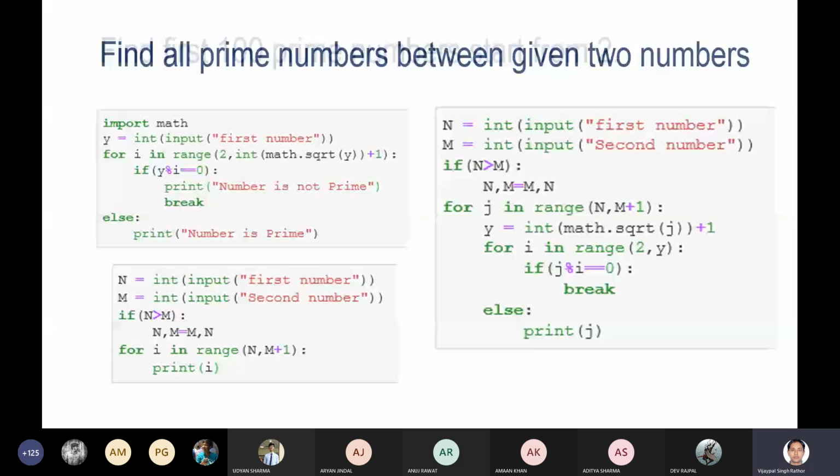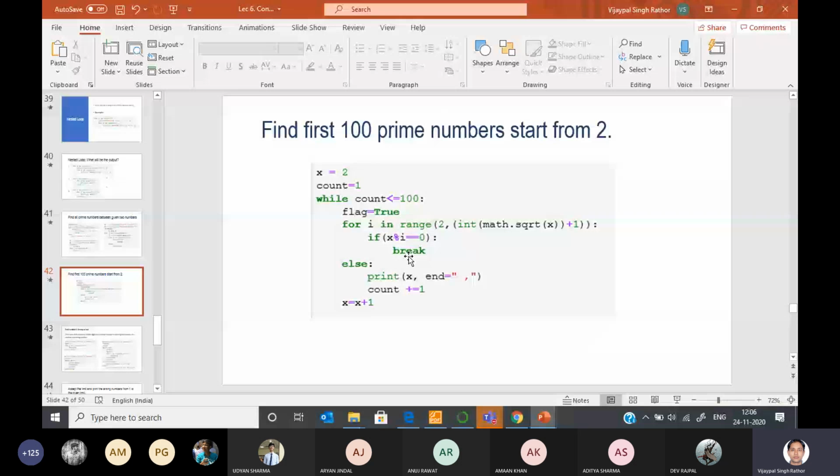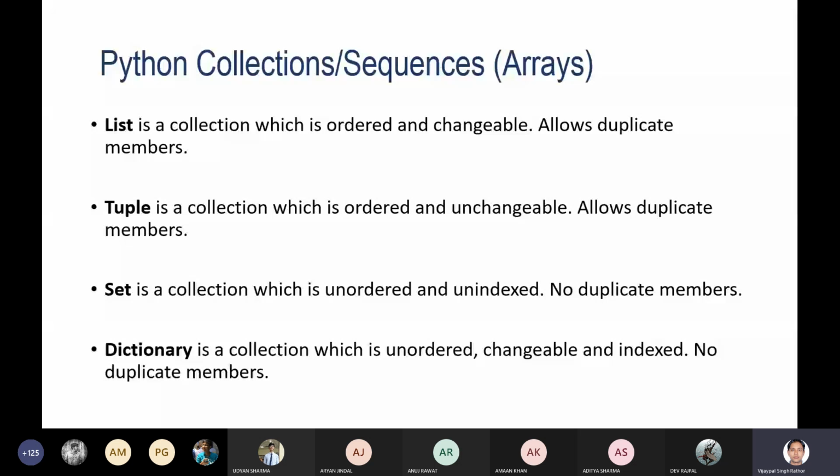So now I'm going to start the new topic. Okay, so now next topic is our Python collection or sequences. There are different kind of sequences or collections used in the Python that is basically equivalent to the arrays in some other programming language. चल रहा है सर मेरे वाला भी. हाँ,